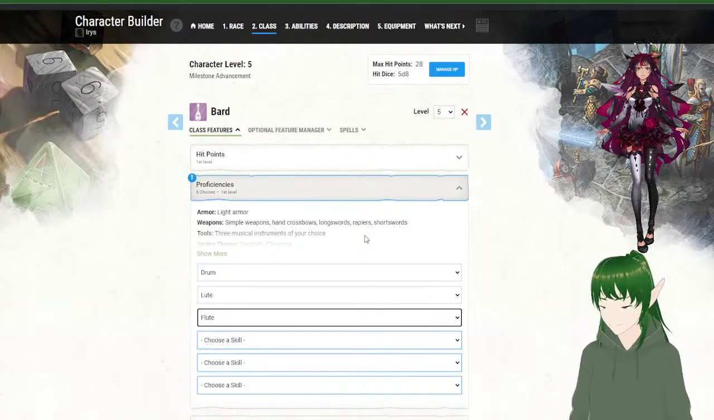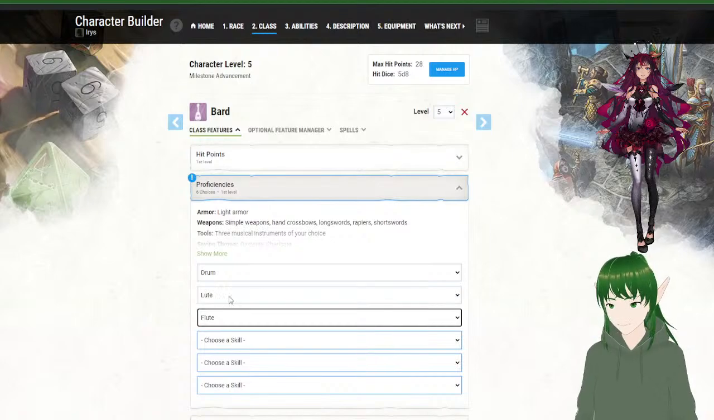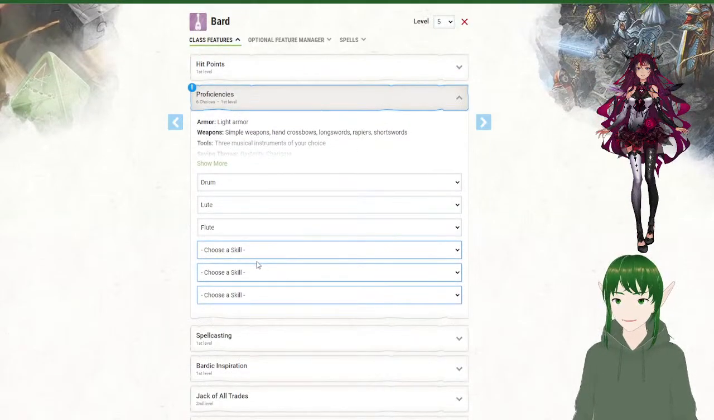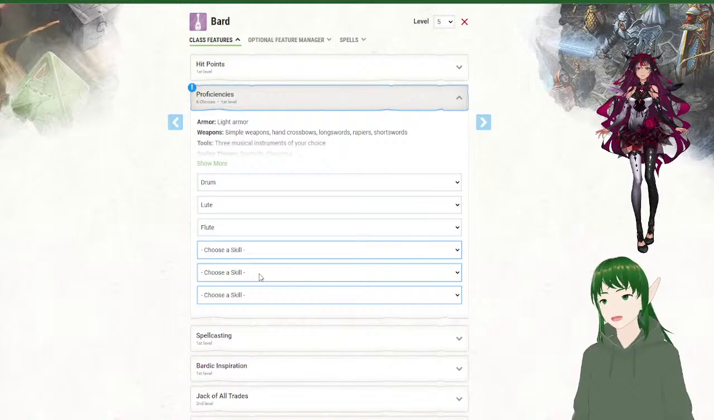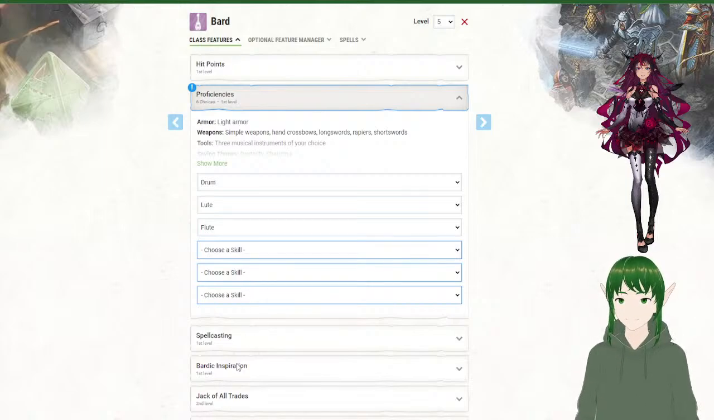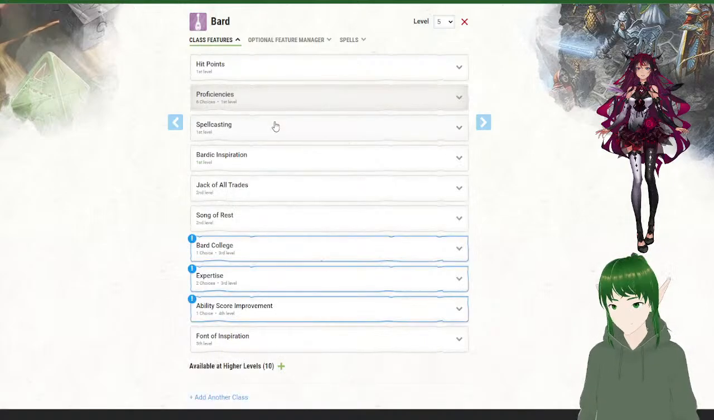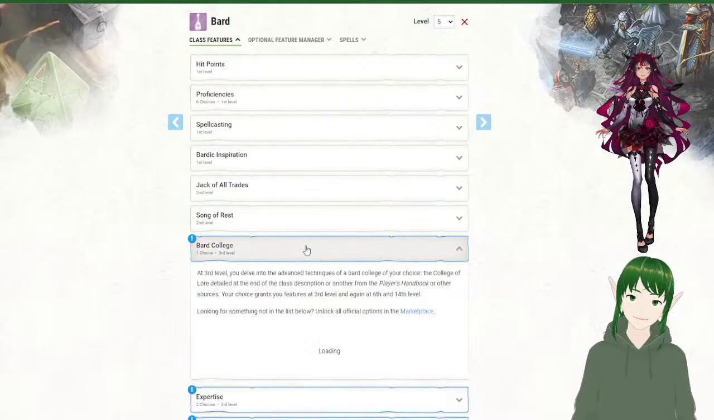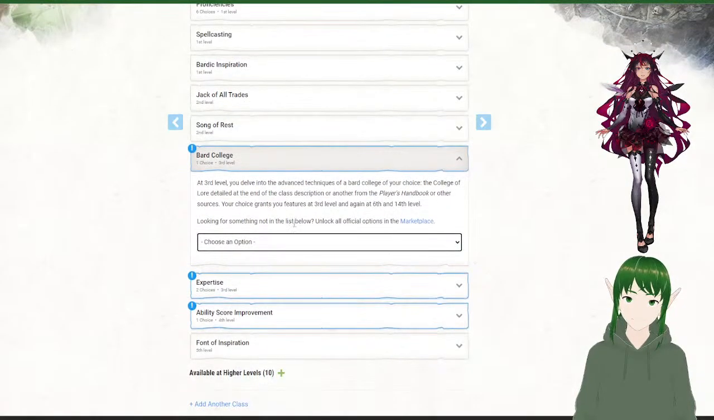I have a fondness for just simplistic musical instruments. I don't need fancy ones at times. So, yeah. We'll give her, obviously, she needs performance. And we'll give her perception. No, let's not give her intimidation. Let's give her persuasion. Jack of all trades, Song of Rest. Now,